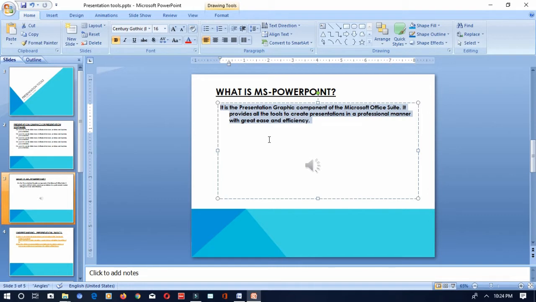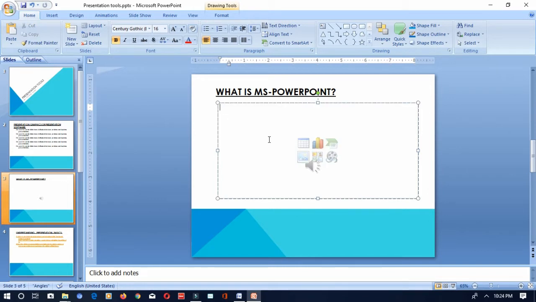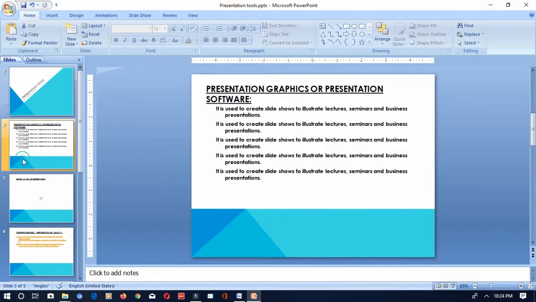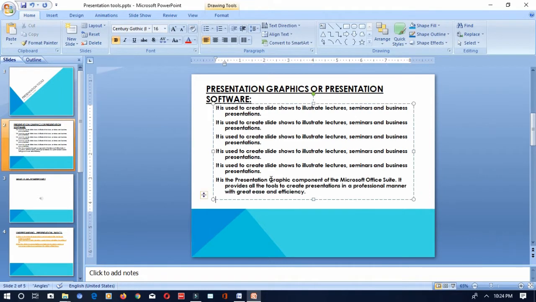Okay, so moving is what Control plus X will do. I am moving the content over here. It will not remain in the original position. It will be moved from that place to the other position. So cutting and pasting is moving the content. Copying and pasting is copying the content and placing it somewhere else, creating a duplicate of the content.